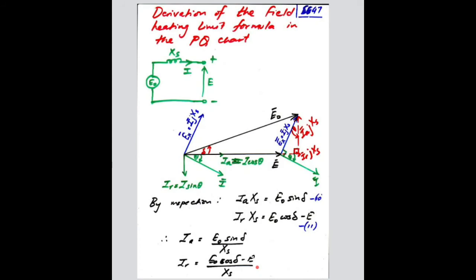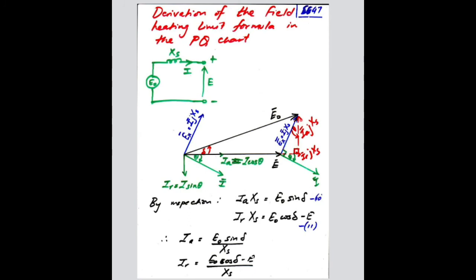right? So if you look at this phasor diagram, this is your equivalent circuit of the generator. And so you have E naught, the induced voltage, that's your synchronous reactance, that's I, and that's E. So this is the phasor diagram of this particular generator when you have a certain lagging power factor load connected to the terminals of the generator. And if we try and resolve those phasors, as you can see,